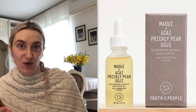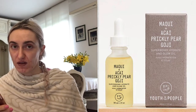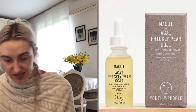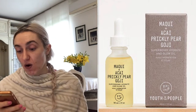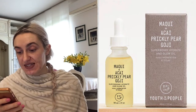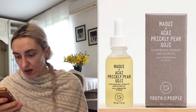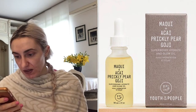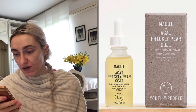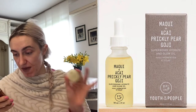Prickly pear. Okay, so prickly pear and makwi are both in the glowy mask. Where did I put it? Here. And in the oil. The oil also, like the mask, has acai, it has vitamin E, it has, let me see, sunflower oil, and then there's jojoba seed oil, there is moringa leaf extract like in the mask, and squalane like